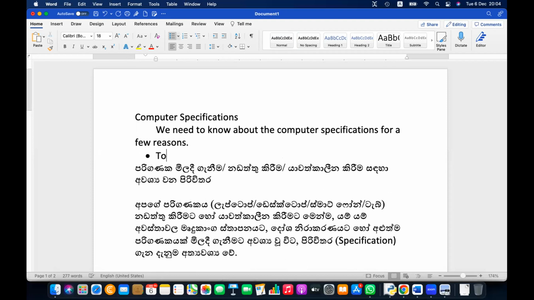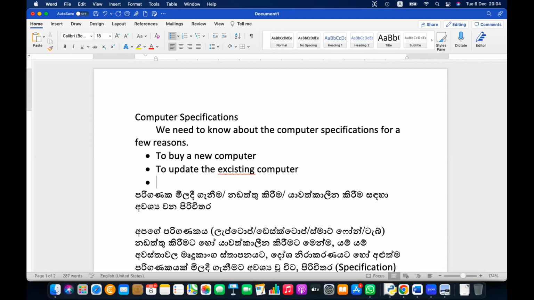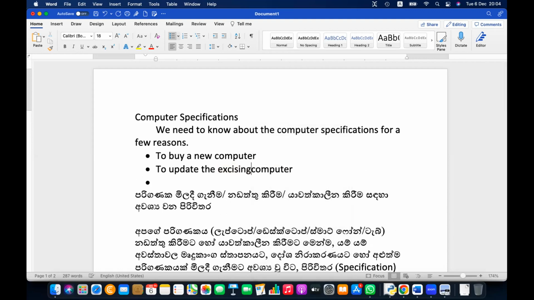It can be to buy a new computer, to update the existing computer, to upgrade the computer,